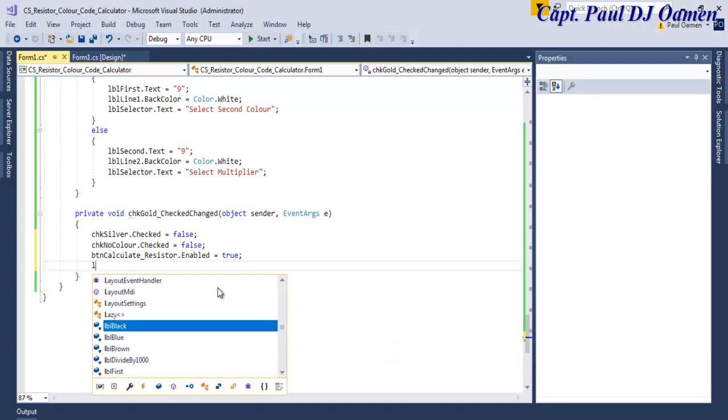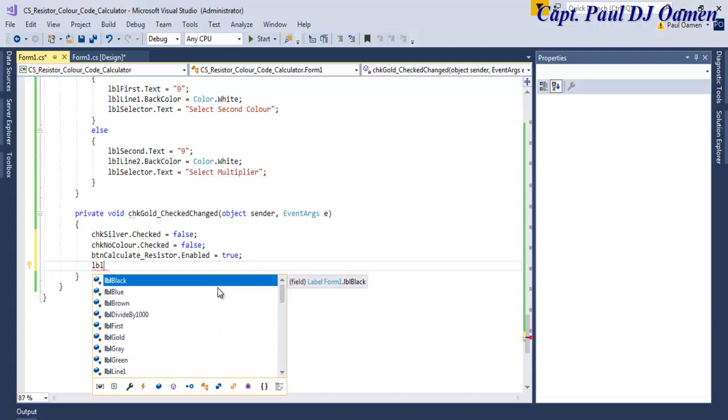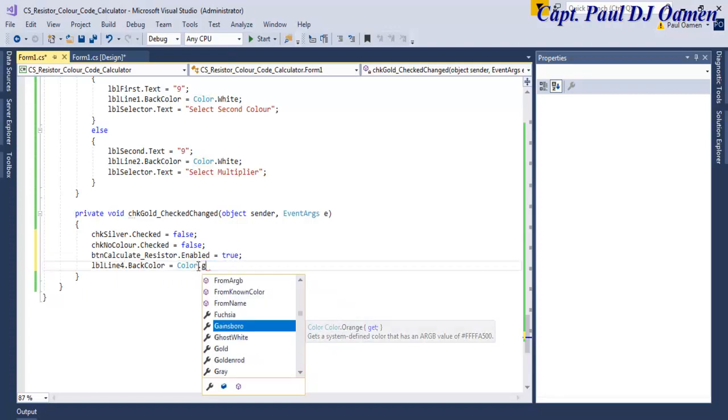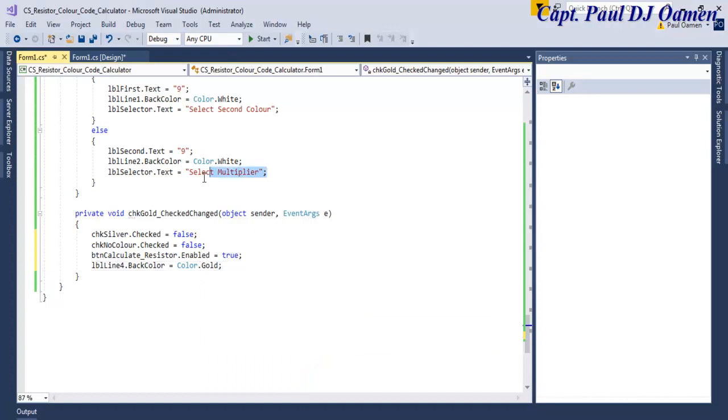There. While LBL line 4, in this case it's going to be line 4, so let's copy this. LBL, the 4th line, and the back color of that will be gold, dot gold. And what about the selector? The selector should refer to calculate resistor. So LBL selector equals, let's say, click on calculate resistor. Click on calculate resistor. There. So I'm going to copy all of this